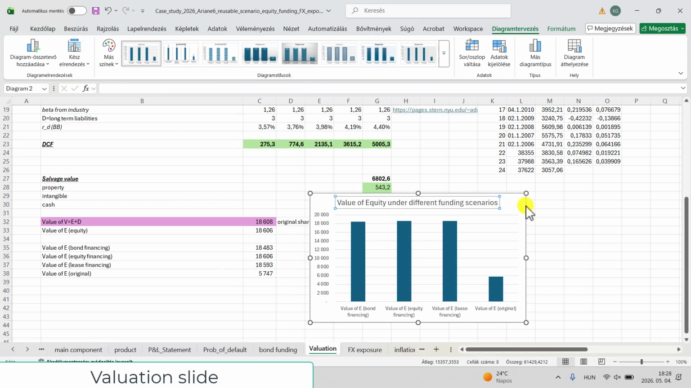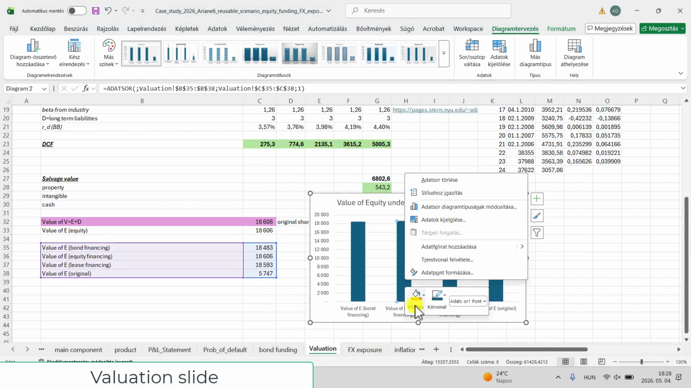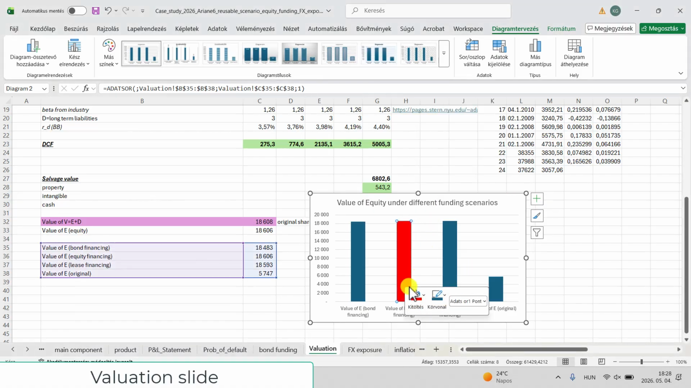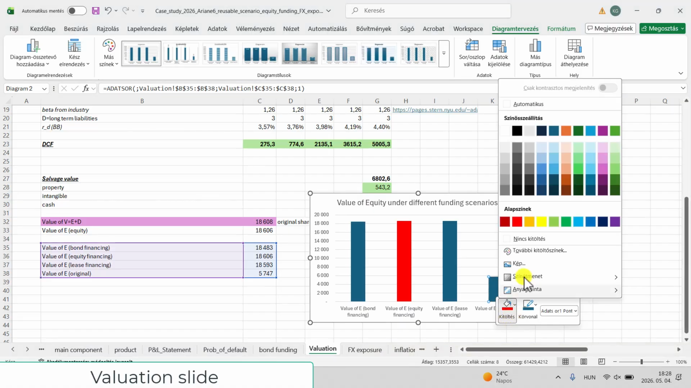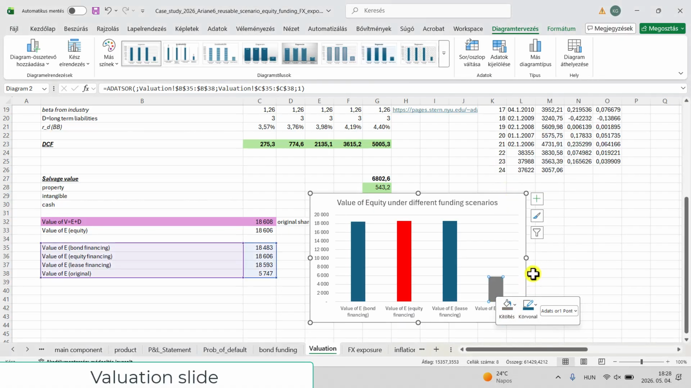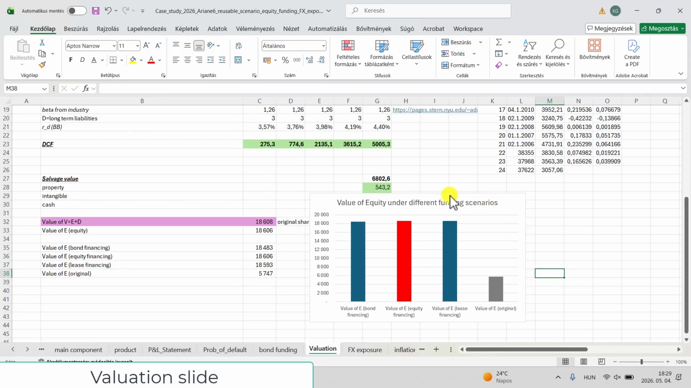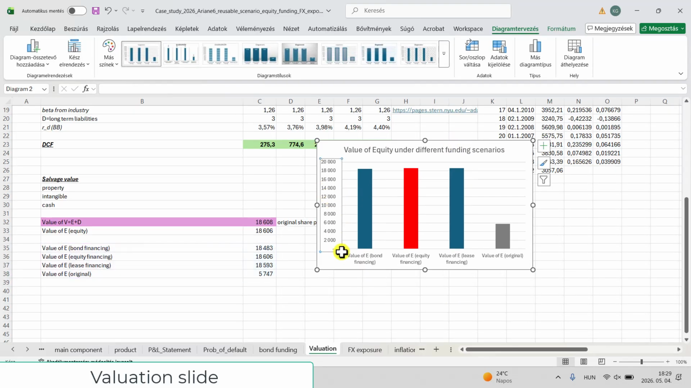Value of equity under different funding scenarios. So we know that at the end of the day I was choosing this one because it was more comfortable. And also we can highlight that, okay, that was utterly useless, so that was the original state. If we are not doing anything, then this will happen. And again, we need some